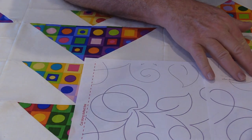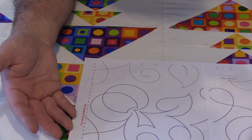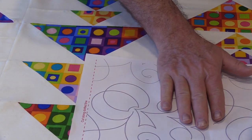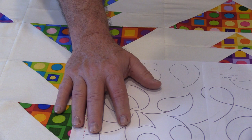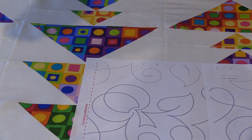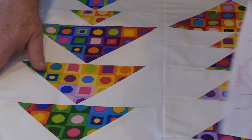But the designs are not intended to be mastery. There's not going to be a quilt designer of this pattern in your room with you after you finish telling people all the places that you messed up. We just want to guide you softly through the process of creating this design. As I said, this was a beginning pattern. It was one of the earlier designs, and this was the methodology that she used to show how to create that unfurling stem. Now, over time, she learned that some people found this to be a stumbling block,